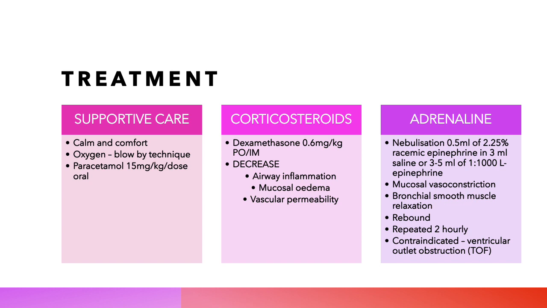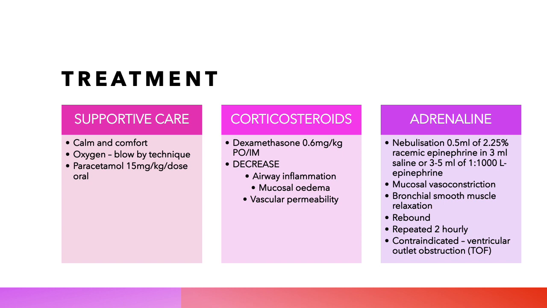Corticosteroids are the mainstay of the treatment of laryngotracheobronchitis in children. They decrease the airway inflammation, mucosal edema and vascular permeability because of their potent vasoconstrictive and anti-inflammatory properties. They are effective in each severity of laryngotracheobronchitis and irrespective of the duration of the disease. The effects of steroids may be seen as early as 30 minutes after administration.